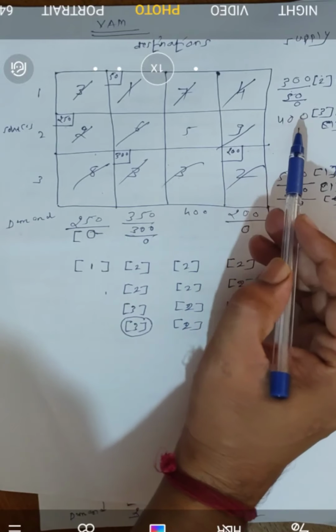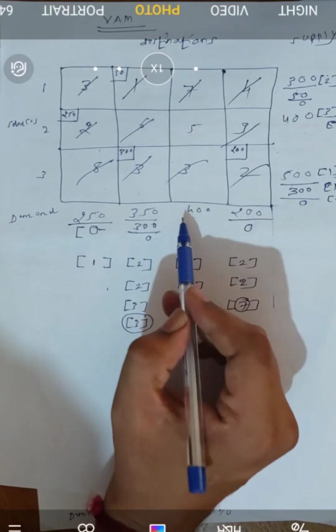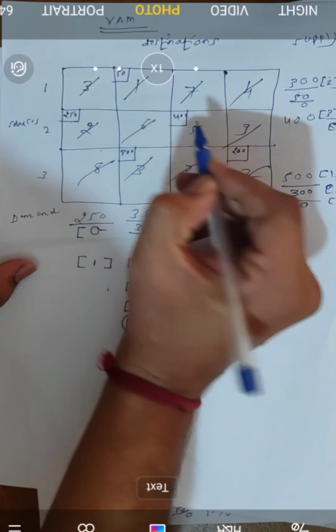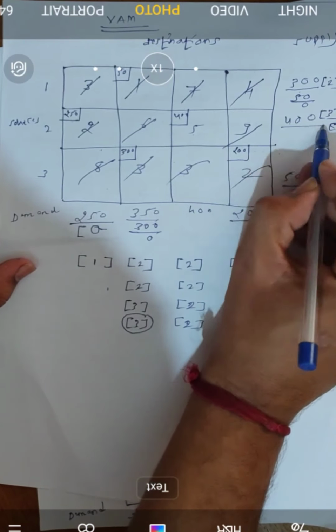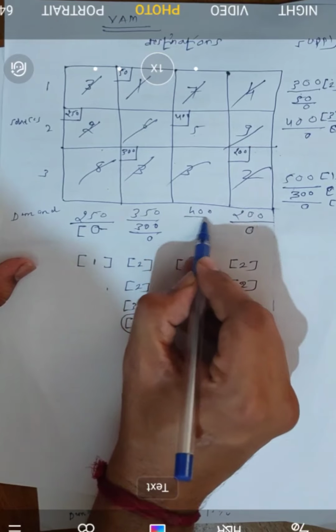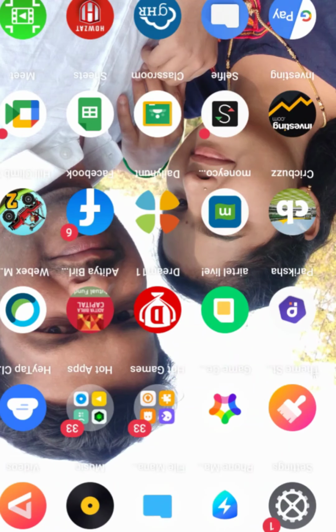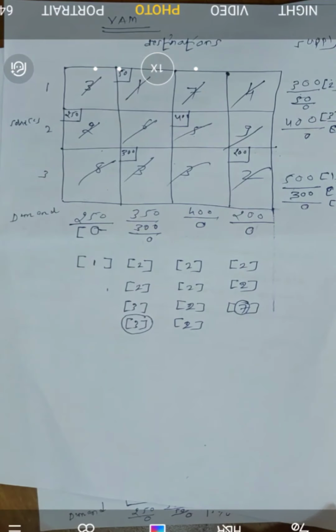So here you can see demand is 400. Supply is also 400. So that's why I am going to make allocation of 400. So 400 has been supplied. Remaining is 0. 400 demand is over. So remaining demand is also 0. So now you can delete this. So in this fashion, every column and every row should be deleted. Then you have to judge that you have made the right allocation.